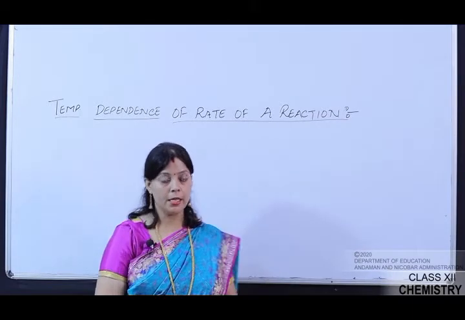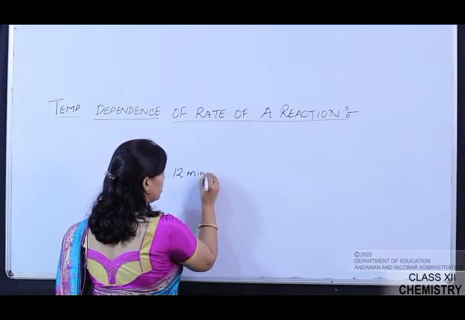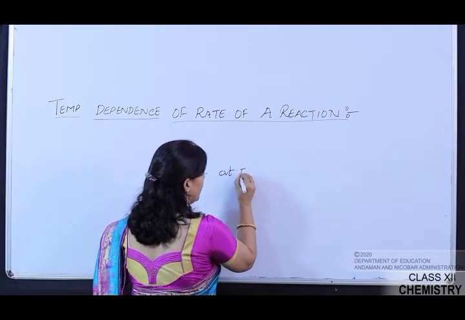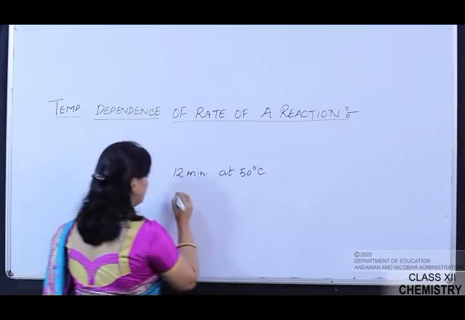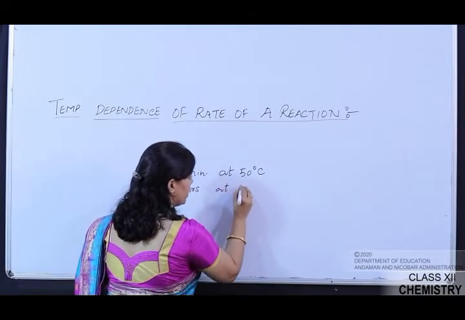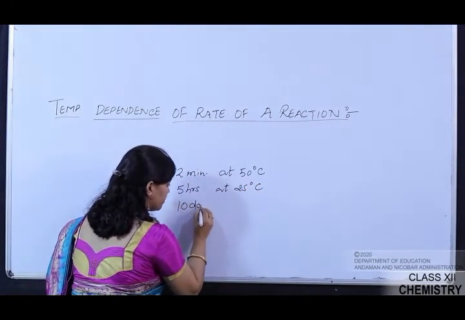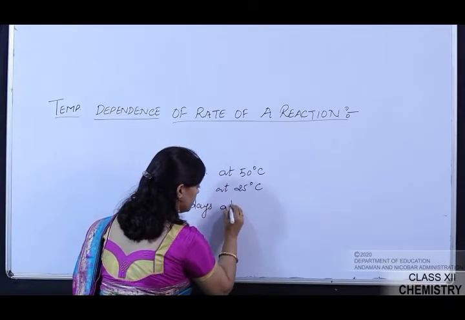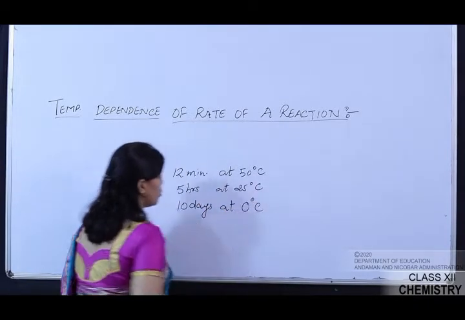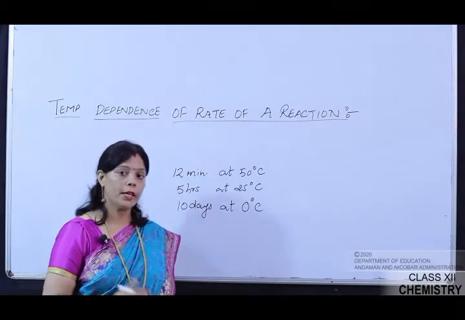12 minutes at 50 degrees Celsius, 5 hours at 25 degrees Celsius, and 10 days at 0 degrees Celsius. So by saying this, it is clear that the rate of almost all chemical reactions,